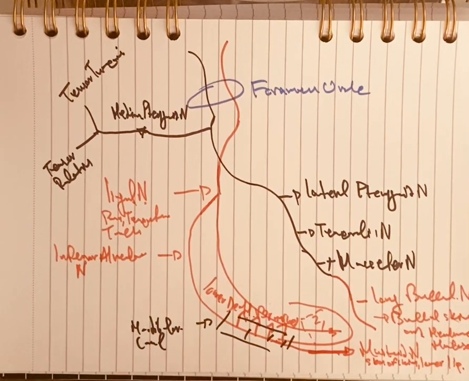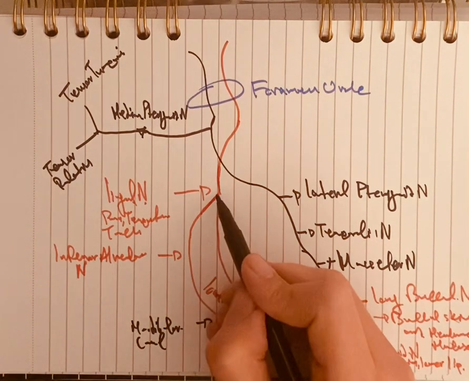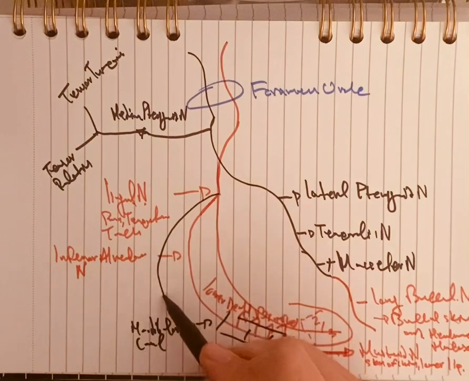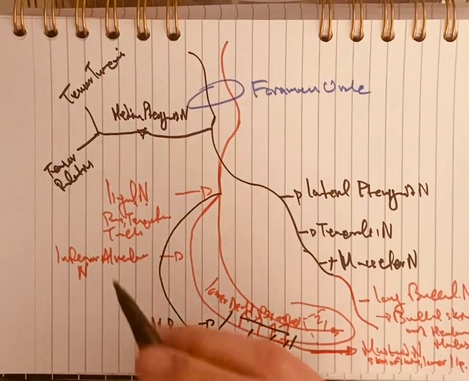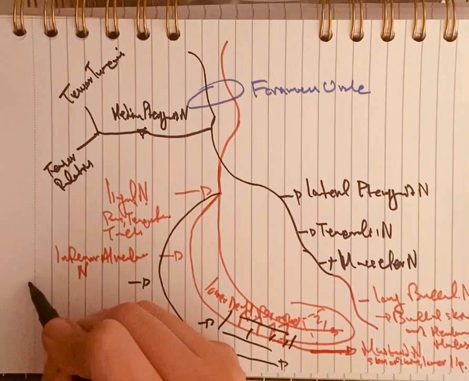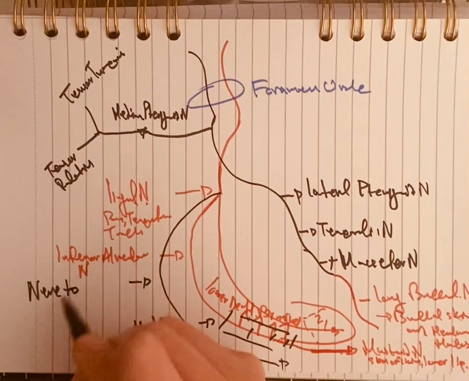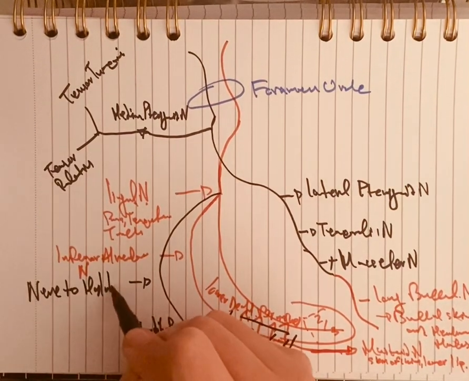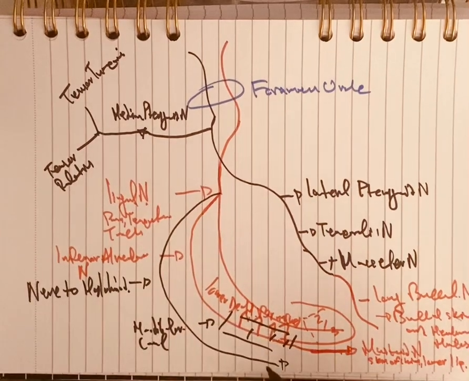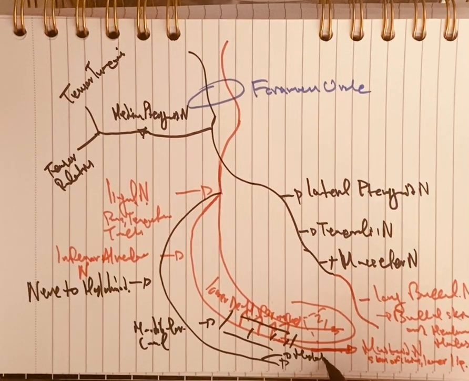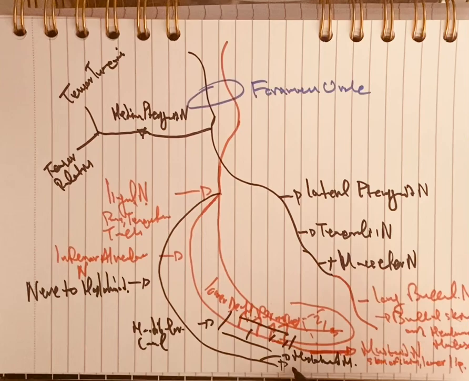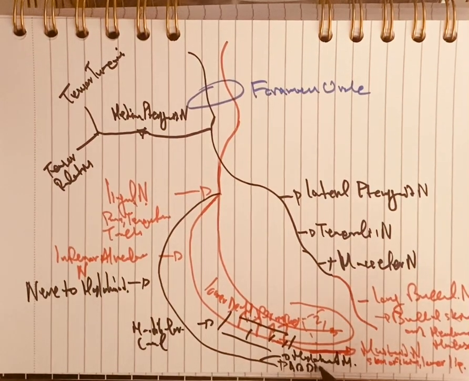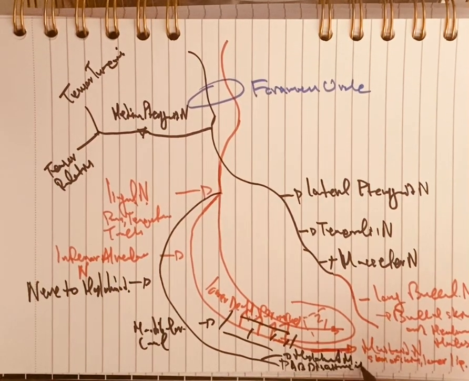Okay, one more branch that is not sensory this time, but it's motor, arises from here and is called the nerve to mylohyoid. It innervates the mylohyoid muscle and the anterior belly of the digastric muscle. Okay,